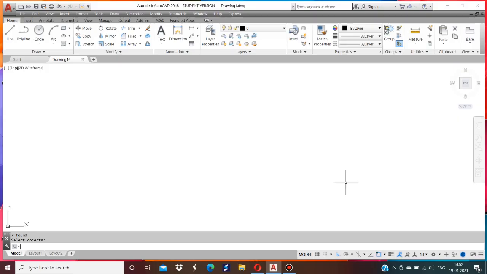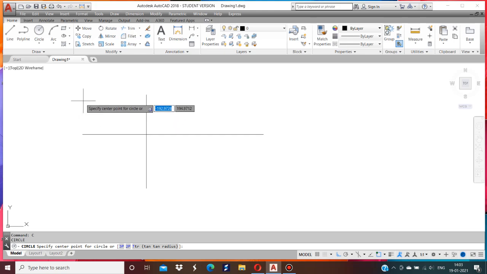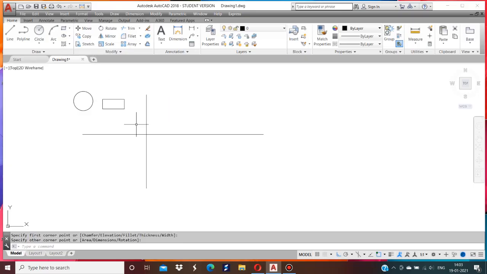Now we explain how to use the mirror command. Now draw a horizontal line. Here draw a horizontal and vertical line. Now I'll draw a circle here. Now a rectangle.